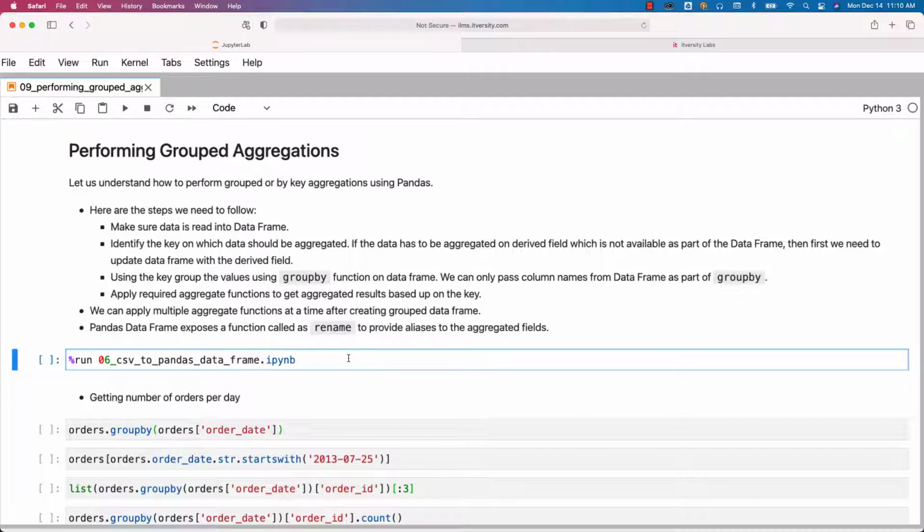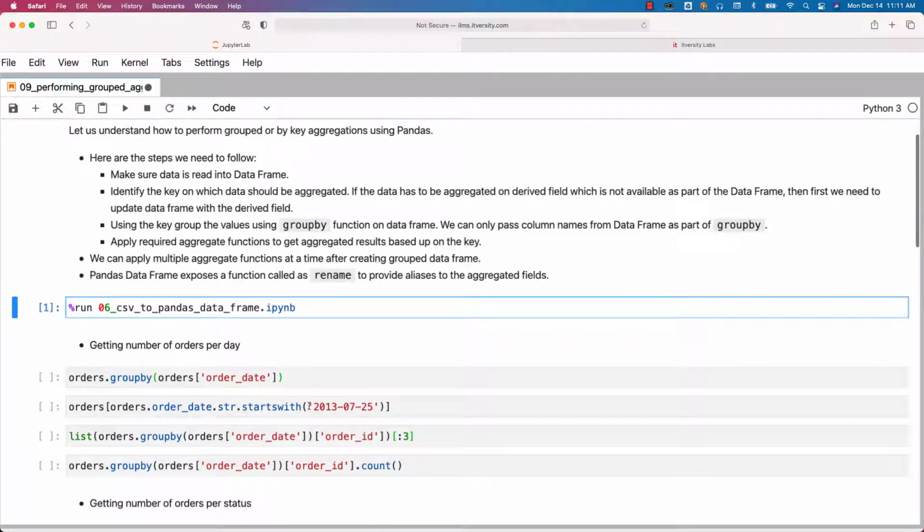First, let us run this Python notebook, which will expose two data frames, orders as well as order items, which we will be leveraging to perform several tasks to understand group aggregations. And it also imports pandas as pd. If we want to invoke any functions that are available as part of the pandas library, we'll be using pd instead of pandas. As we ran this notebook, we can leverage that pd as part of the tasks.